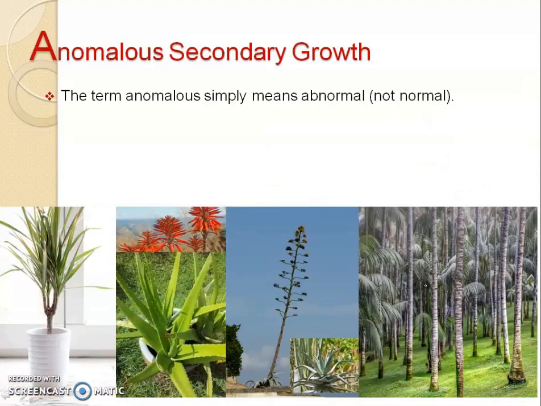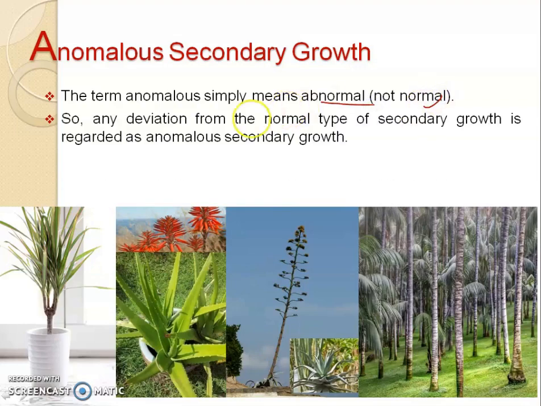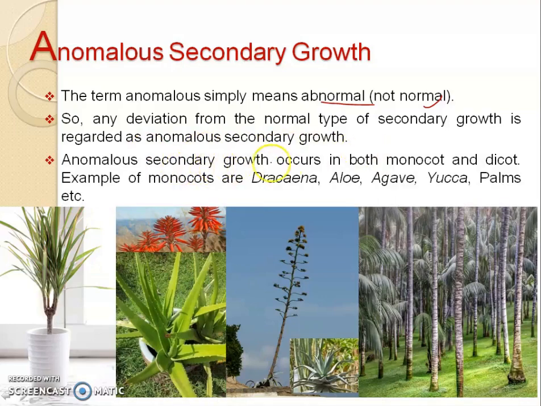Now, what is anomalous secondary growth? The term anomalous simply means abnormal, which is not normal. So, any deviation from the normal type of secondary growth is regarded as anomalous secondary growth. Anomalous secondary growth occurs in both monocot as well as in dicot. But as earlier discussed, in this lecture we will discuss the anomalous secondary growth in monocot stem,